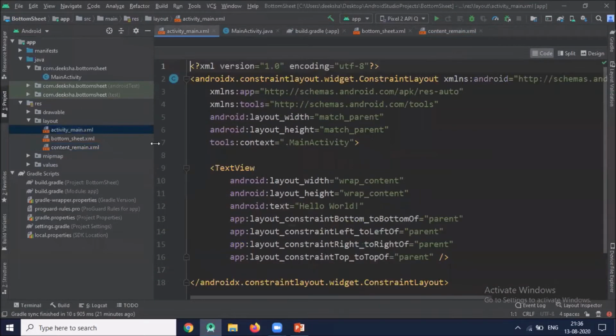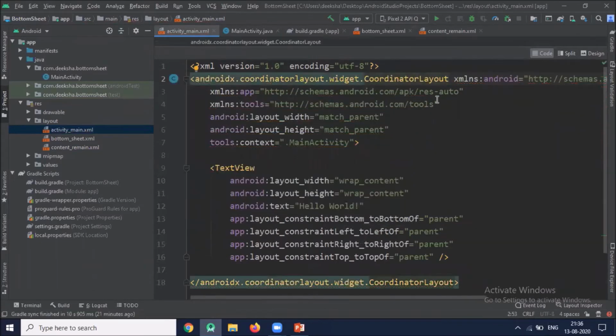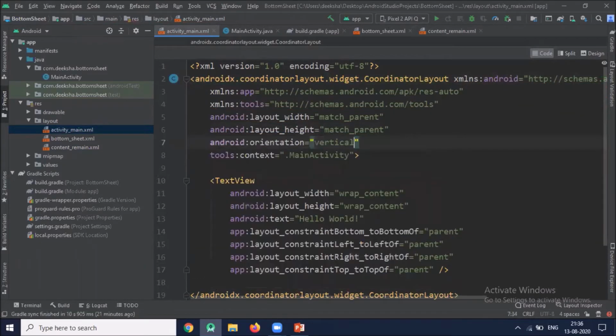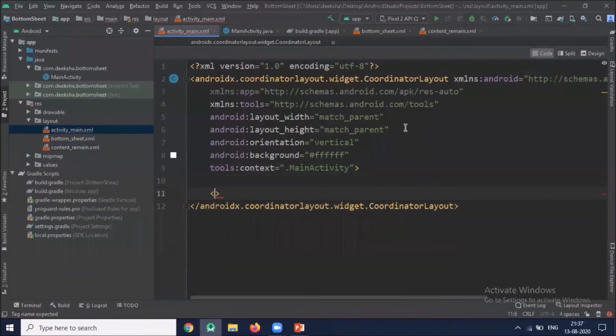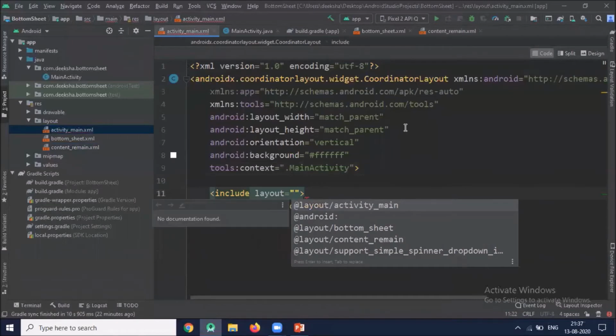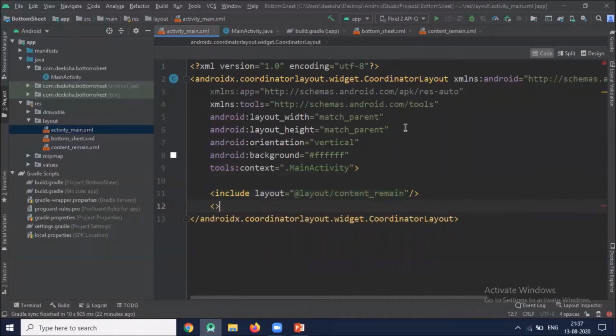Now click on main activity. Here we use coordinator layout. Include. Here we include our content main layout and bottom sheet.